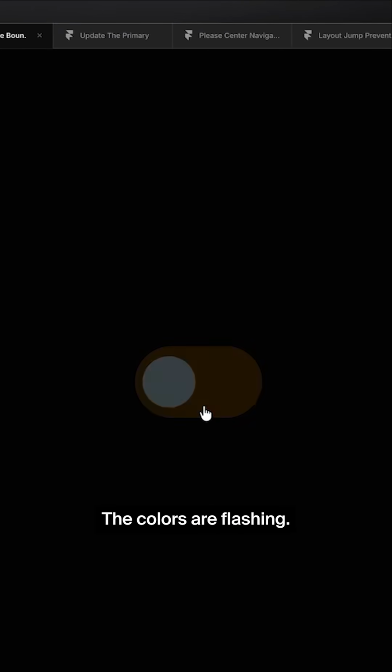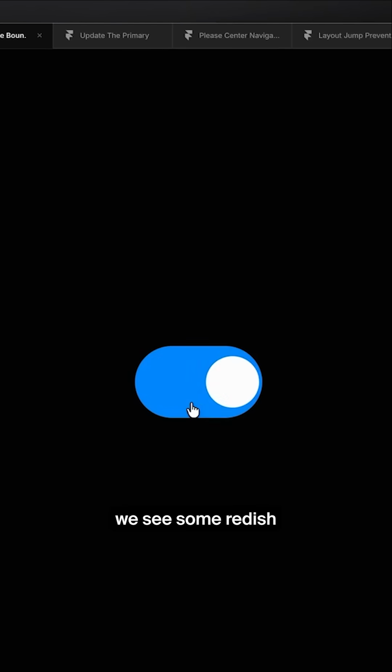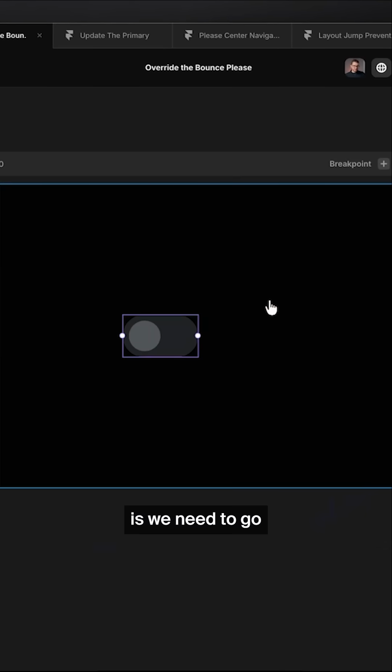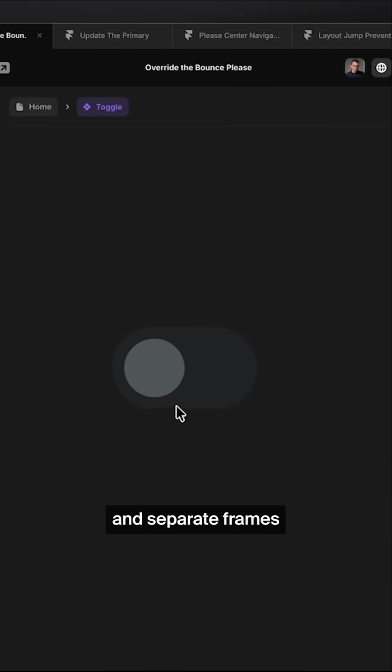As you can see on this bouncy transition, we have a little problem. The colors are flashing when we go from one state to the other. We see some reddish, darkish, grayish colors, and that's not really what we need. We want to have the little circle bouncing nicely, but we want to have nice, smooth colors instead of these flashy ones. So what we need to do is go inside the component and add separate frames